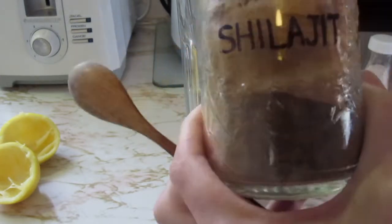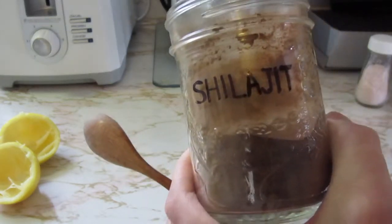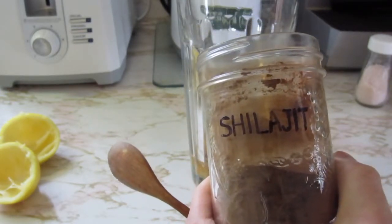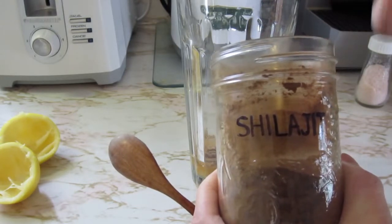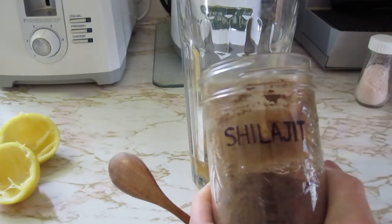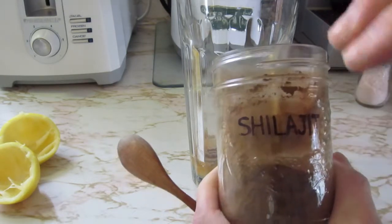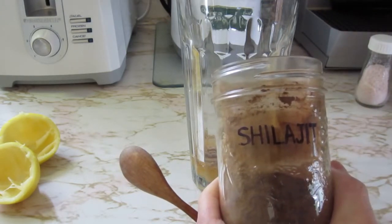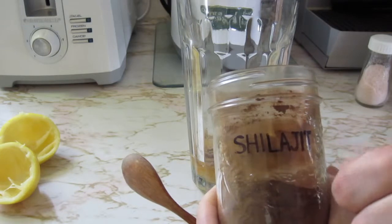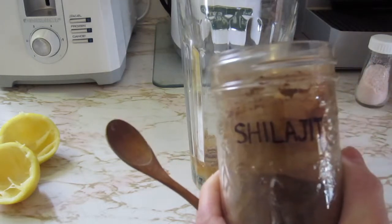And the Shilajit is very high in humic and fulvic acids. Now, this is super important because this helps carry oxygen and nutrients into the cells of the body. As a result, it also is highly capable of delivering energy into the cells of the body and supporting ATP. So if you feel that you get winded easily, this is a substance that can actually help with supporting the overall holding onto of energy in your body whenever you need it for any strenuous exercise or even just for maintenance, because